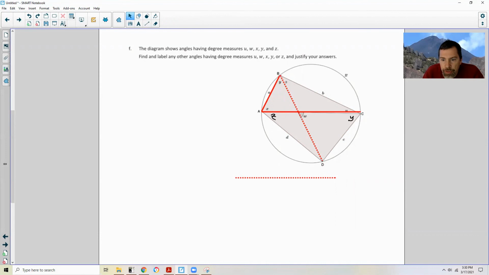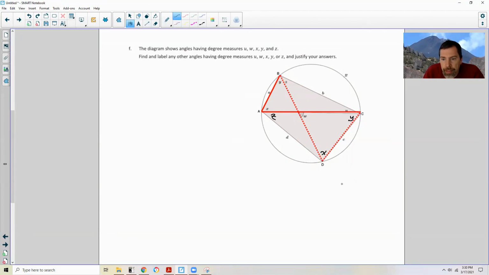And then if I move this to here, then this dashed angle, angle BDC, will be congruent to angle BAC because they both intercept arc BC. So since this is X,